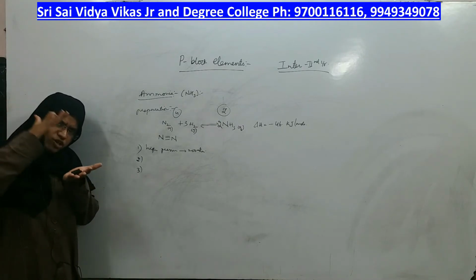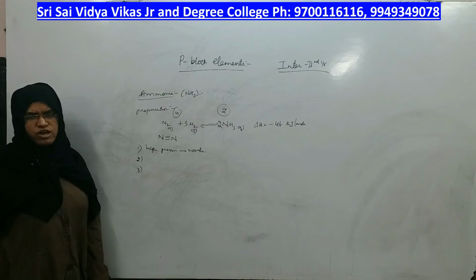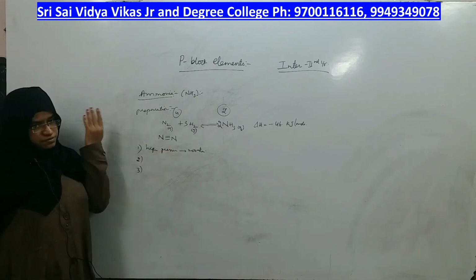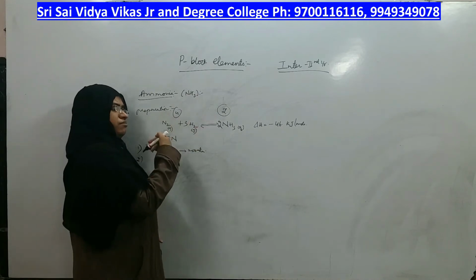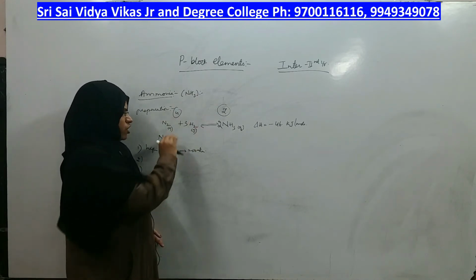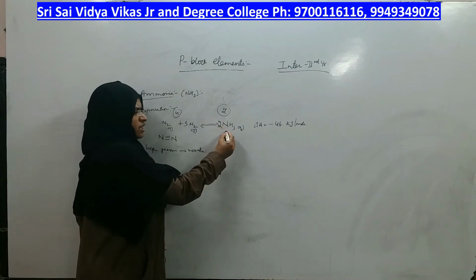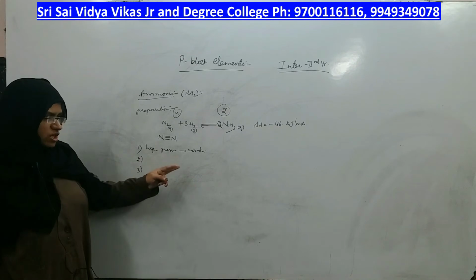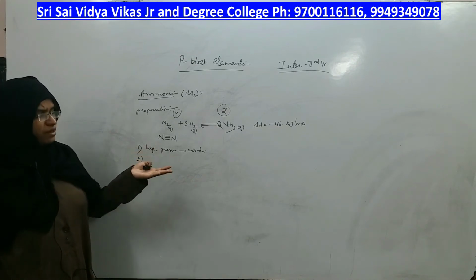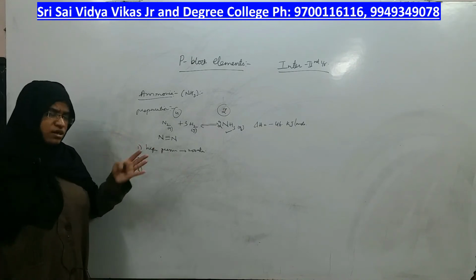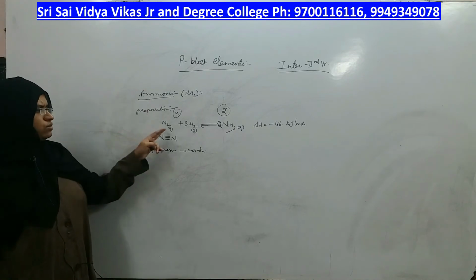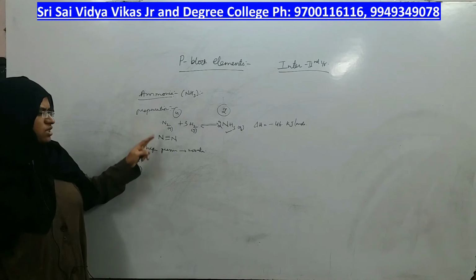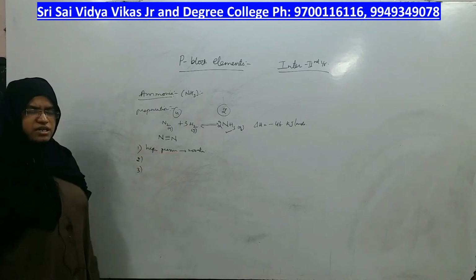When can you decrease the volume? Only if you apply more pressure can volume decrease. If you don't apply more pressure, what happens? The reaction can come backward, right? So if you want the forward reaction, if you want this product, you should apply very high pressure, right? If you don't apply, the reaction is reversible. Easily it will get back to this, right? So for this process, the pressure has to be high, at 200 atmosphere.